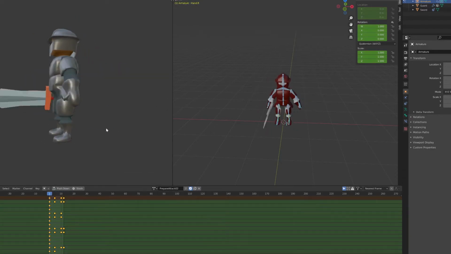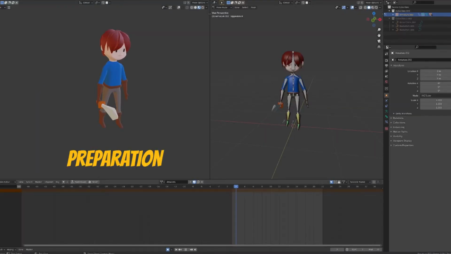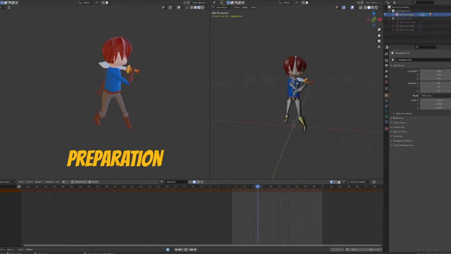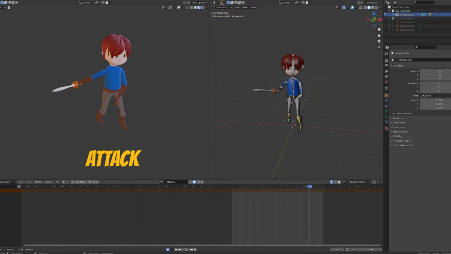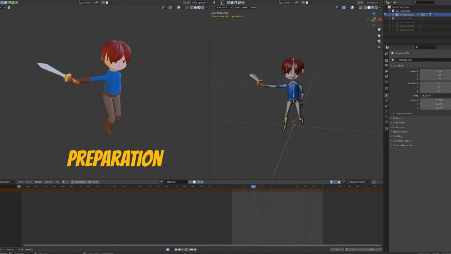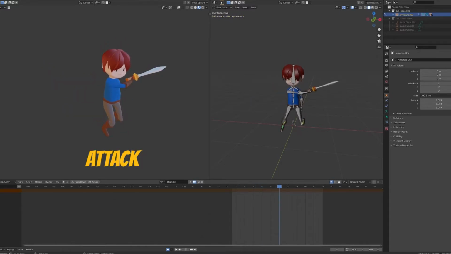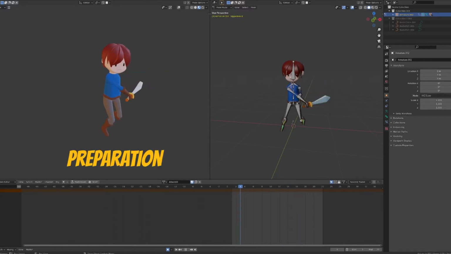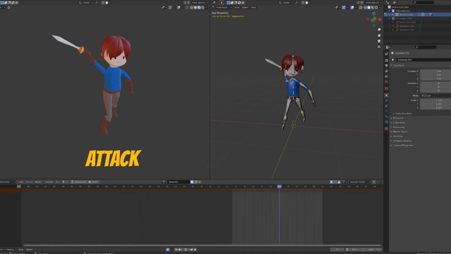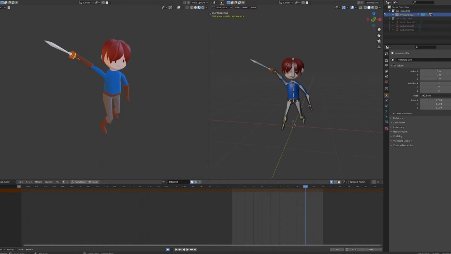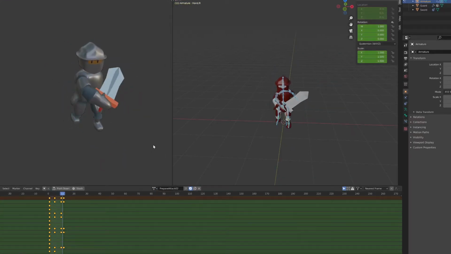In the case of the main character, I included this preparation in the attack itself, but for the enemy I wanted to separate those animations to have more control. For example, I might want to increase the time the enemy prepares for an attack, to give the player more time to avoid them. Having this preparation in another animation gives me the option of tweaking the duration and adjusting the overall difficulty of the combat.